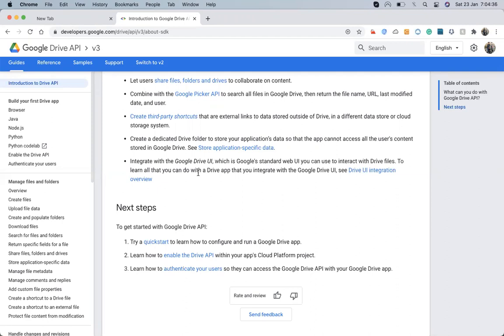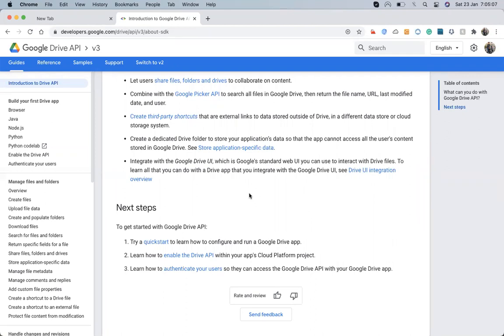Similarly, the same thing happens in any other place. If we are making an integration with the Google Drive API, the same thing is also going to happen. First we need to do authentication, meaning we first generate the client ID and client secret, then we do the authentication, and thereafter we get access and do the DML.